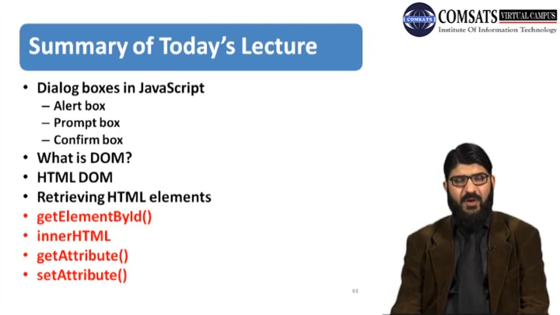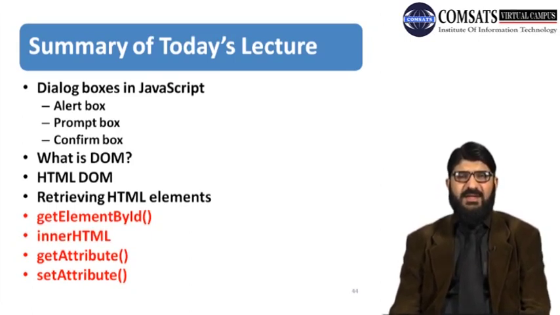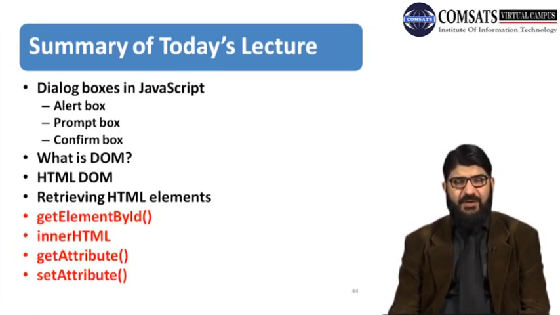Then we have seen what is DOM. DOM is basically the document object model. And what does DOM do? There are different types of DOM: XML DOM, CSS DOM and HTML DOM. The DOM model that we have discussed is the HTML DOM. What is HTML DOM? When HTML elements are rendered on the web page and displayed in the user's browser, then we cannot control them, we cannot process them.